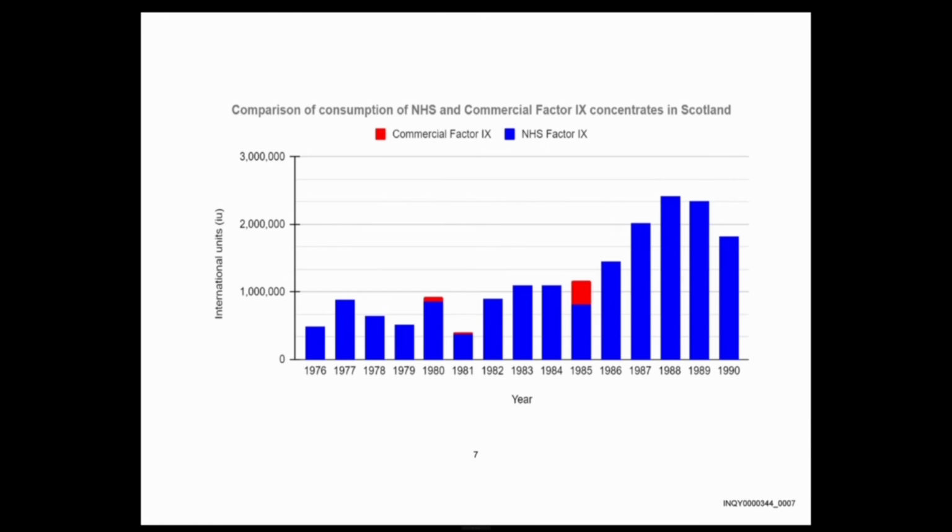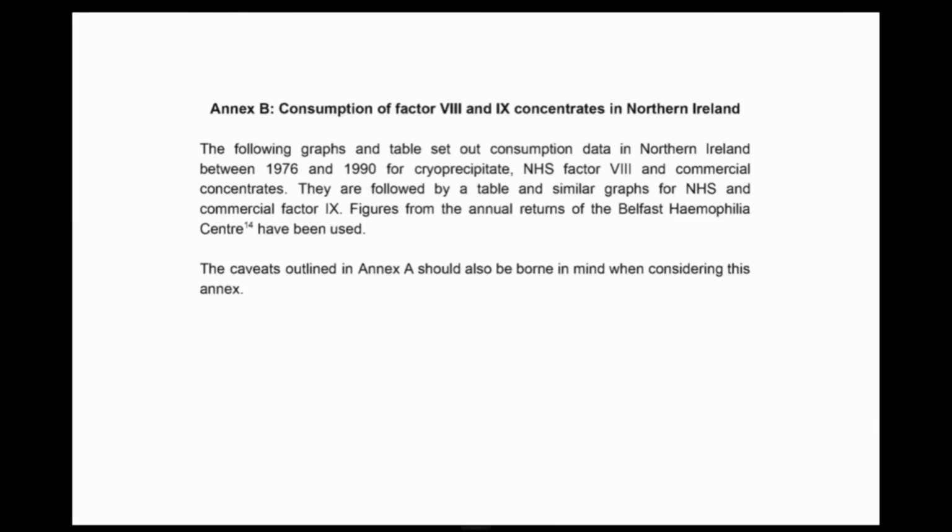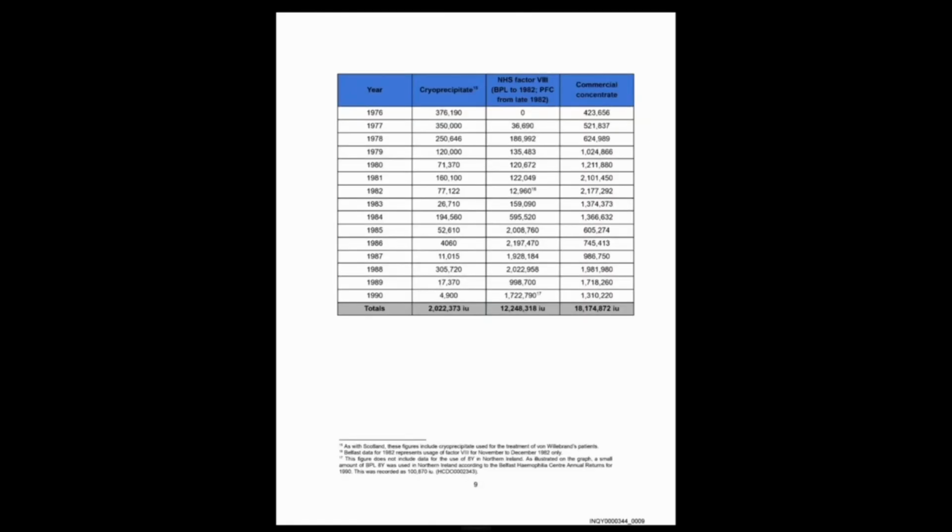We'll turn briefly to Northern Ireland. Can we go to the next page, please? So this is the introduction to Annex B, which covers Northern Ireland. Again, similar points and caveats as summarised at the top. We'll start with factor 8 on the next page, please. A similar table is set out. We'll see this when we go on to the